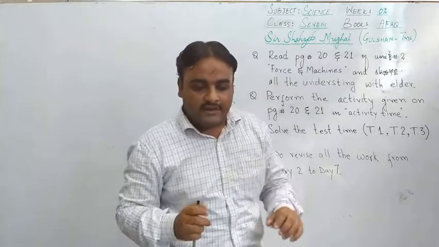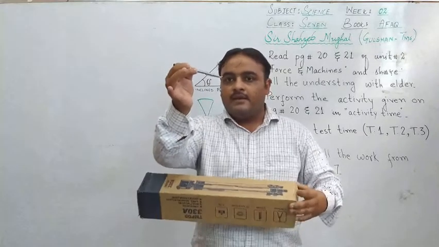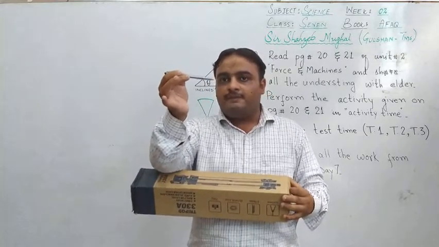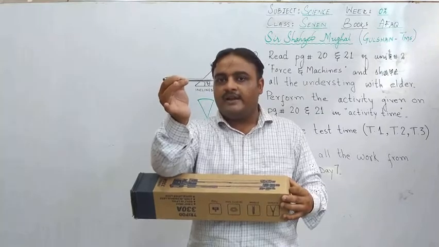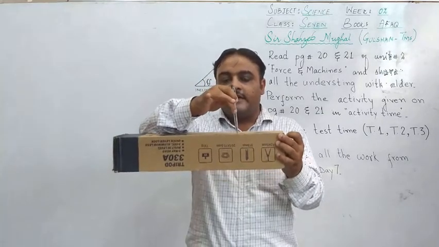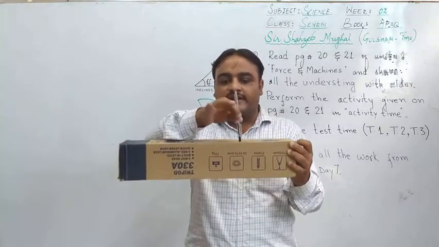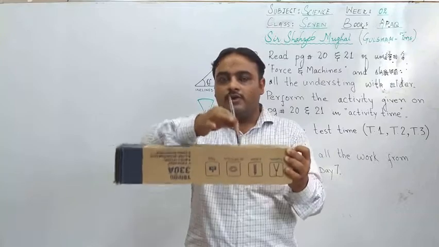difficult. For example, as you see, the nib of this pen has a very sharp point and a very small double angle. If I put it here, it will go in easily, but if I put the opposite side, it will not go in here.